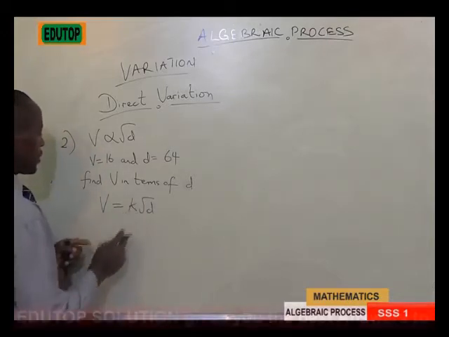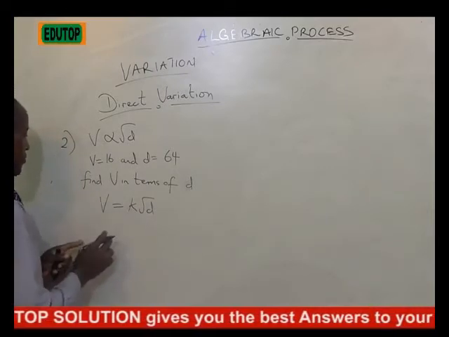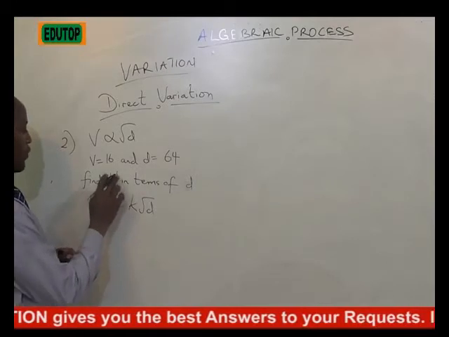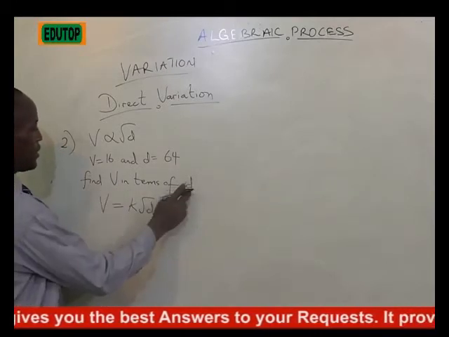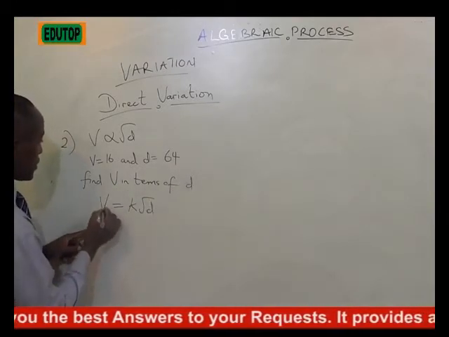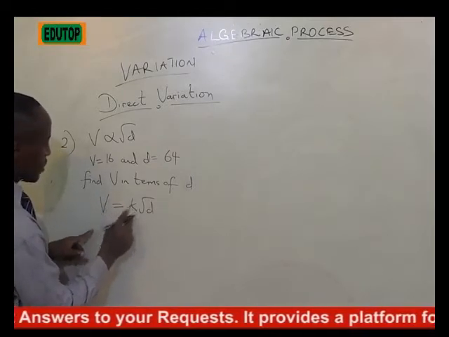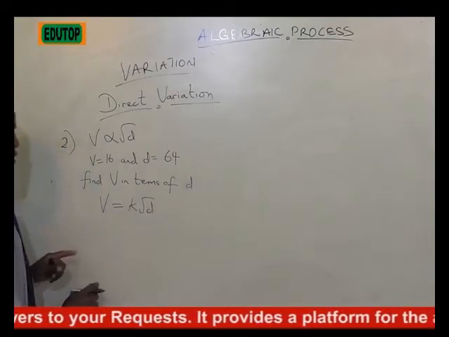And then for us to get this k, because the question is asking us to find v in terms of d,